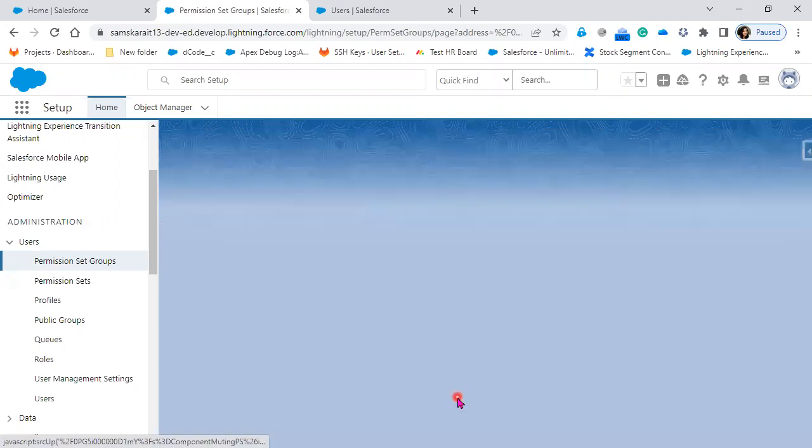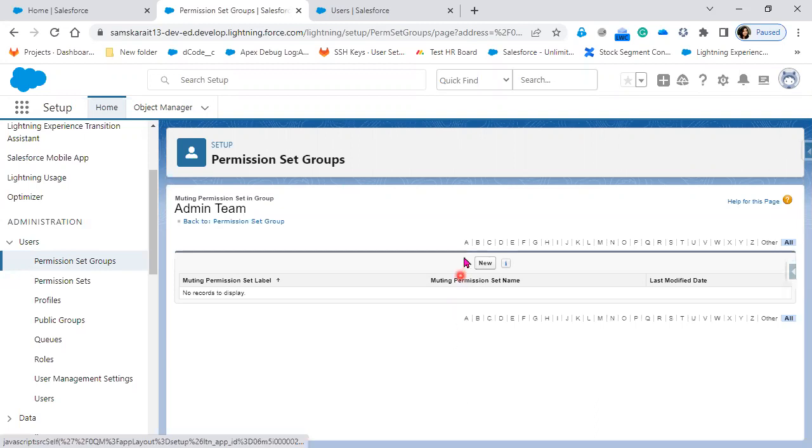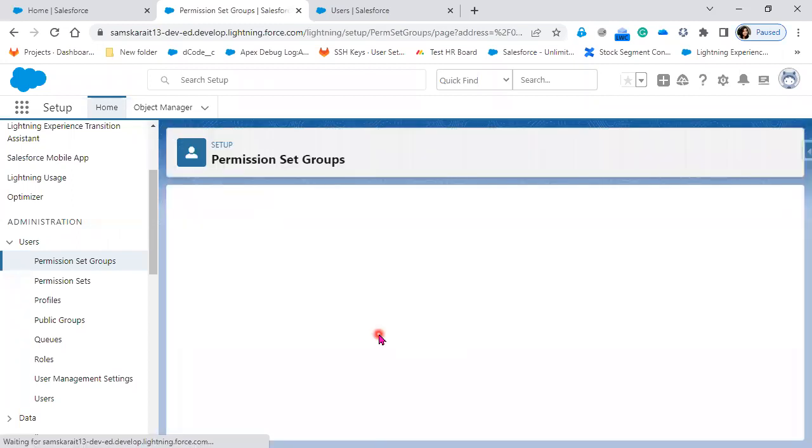Now go to this muting permission set group. When you click on that, there is a new button available. Click on this new button. When you click on the new button, the label name and the API name are automatically displayed. Click on the save button. Now, once it is saved,